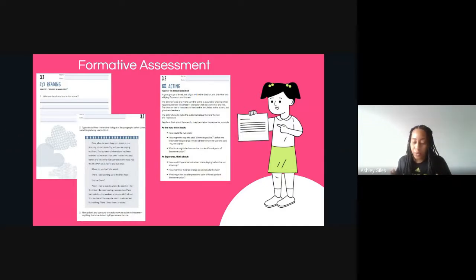So on 3.2, as students decide who they're going to be when they act out these scenes, activity page 3.2 is very important because it gives them some things to think about. It's just some guiding questions to help them when they're acting out their particular roles. So, for example, as the nun, think about how would the nun walk, based off the description in this vignette? So, we're going to have our students get together, pick their roles, and refer to this sheet 3.2 so they can really get into the character, really get into the role of who's saying this dialogue and who's doing the action.